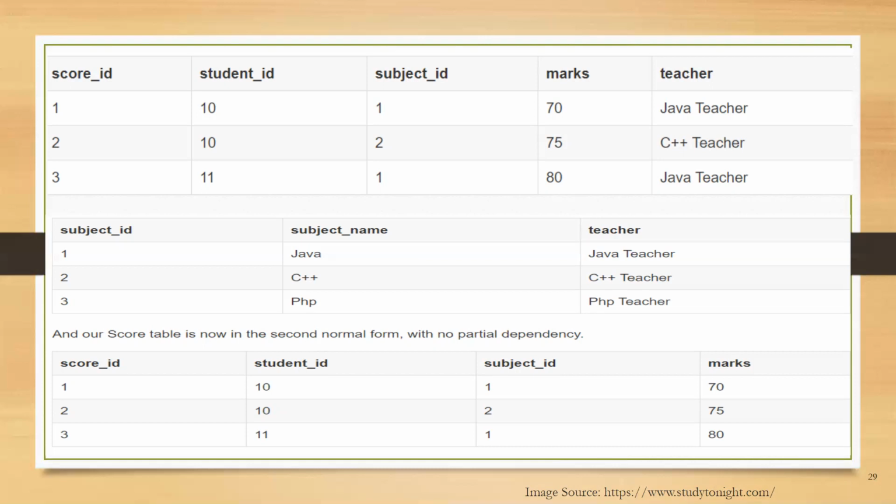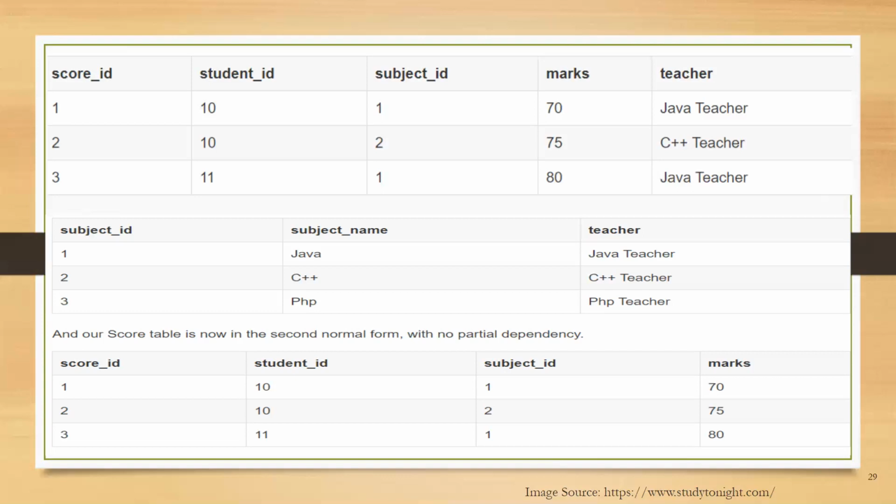So since we had a composite primary key, that was your subject ID and student ID, but when I talk about the column name teacher, it is partially dependent on subject ID and it has no connection with the student ID. Okay, so it is just as your condition says, it should depend on the part of the primary key, sorry, part of the candidate key. So here the part of the candidate key is nothing but the subject ID on which the teacher is dependent. So now the question comes: how to remove this partial dependency?